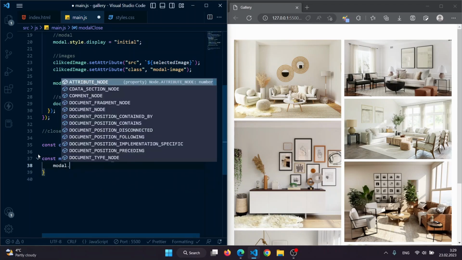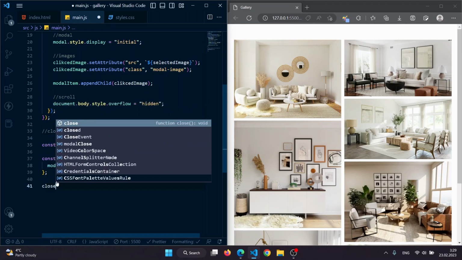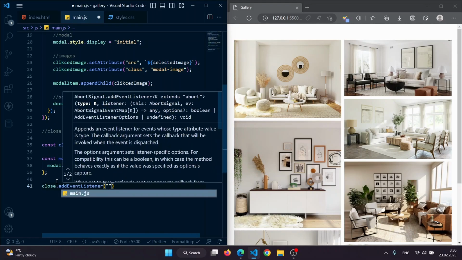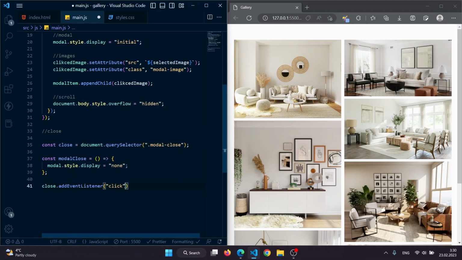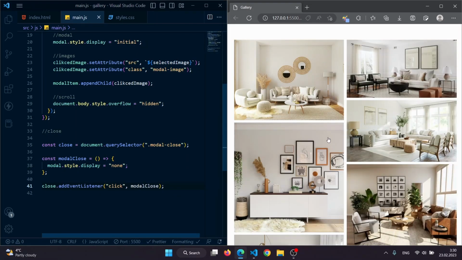Let's add modal.style.display will be none. Let's write the event listener. close.addEventListener, click, and this function modalClose. Let's check it. It works,